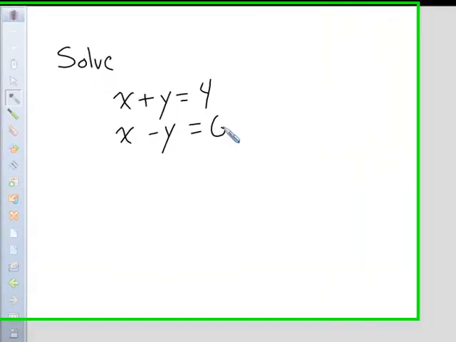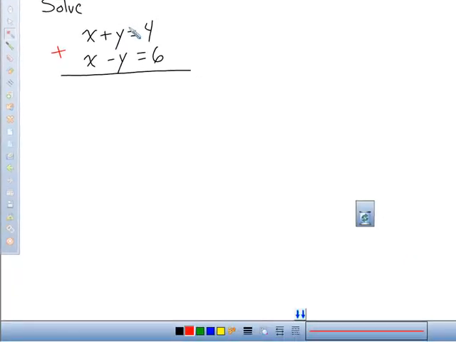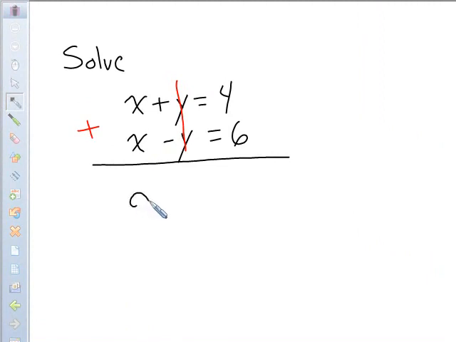We'd like to solve. Our first one is x plus y equals 4. The second equation is x minus y equals 6. We have to decide which letter we're going to get rid of. I'm going to get rid of the y's. And at this particular point, I don't have to multiply either equation because there is a positive y and a negative y. And when I add those two equations together,